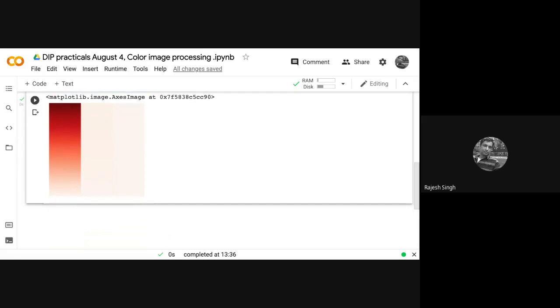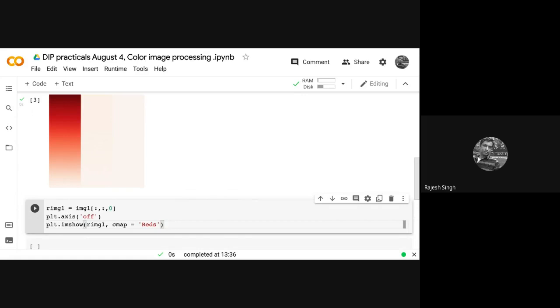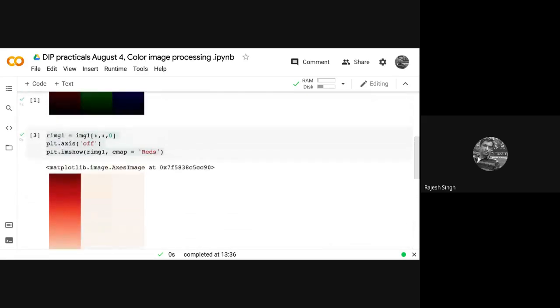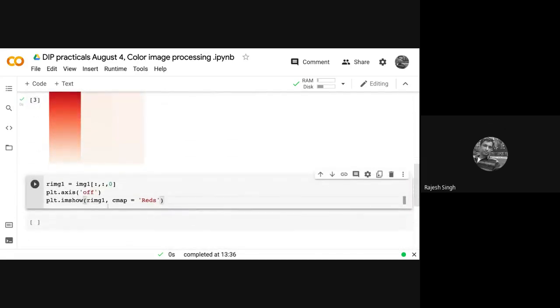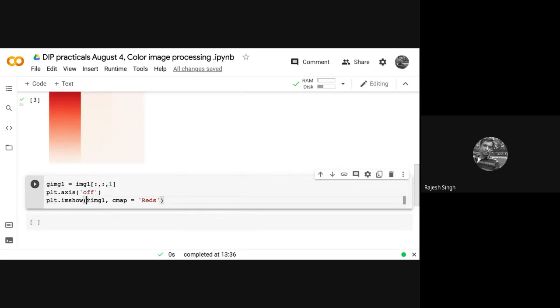Now, if you want to do them in a single program, you can do them using the subplot feature. For this demonstration, I would go separate. So let me try to extract the green component. So GIMG1, remember there I have used RIMG1. Be careful with your nomenclature. They should be clear and logical. And here you get the first component. I don't want this, and I want to put a green here. No longer want to print red.